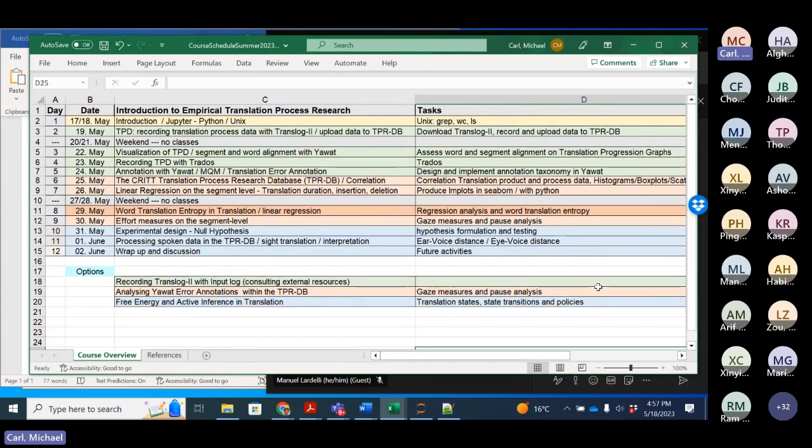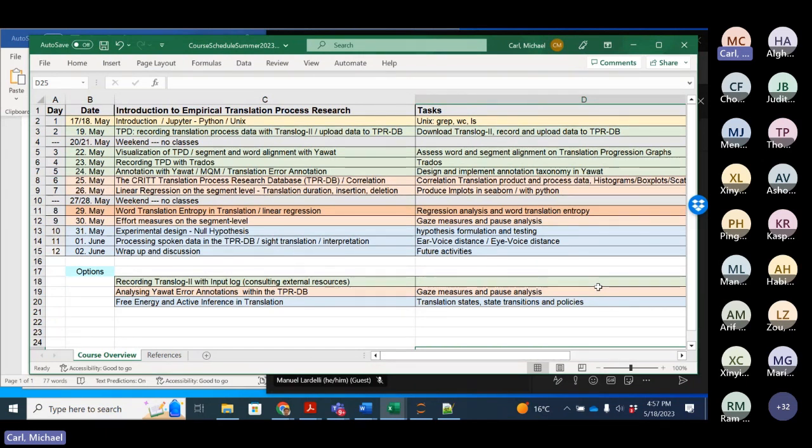So for instance, we can see that for some words translators produce a large variation of different solutions. But for other words, it's quite straightforward. There's not so many ways to say the same thing in the target language, so we don't see much variation, right?